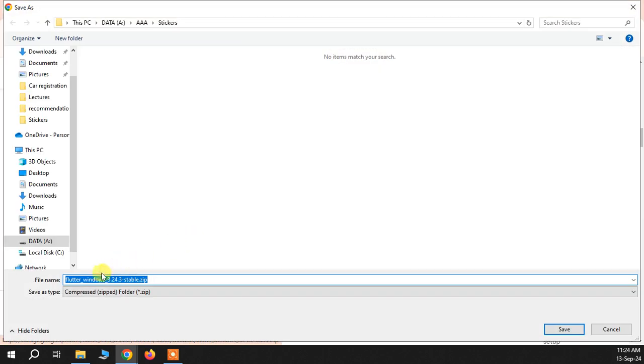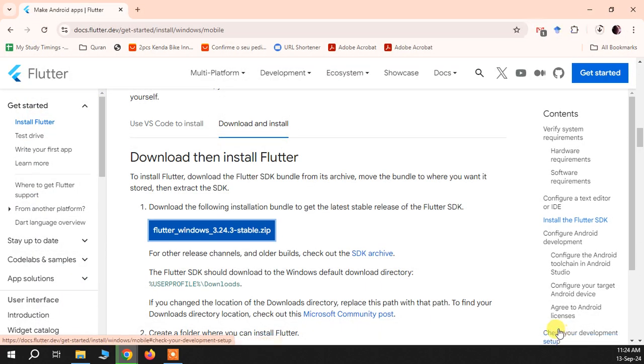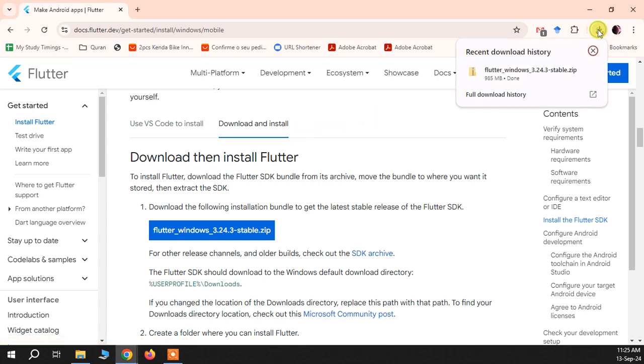When we click on this button, a zip file is available for download that we can download in any of our partitions at the root place. So I am downloading in my system in partition A. I click on save. So the downloading is started. So once this file is downloaded, I